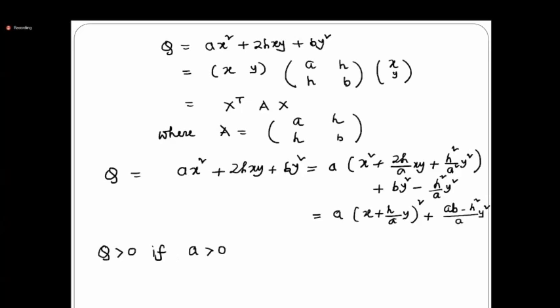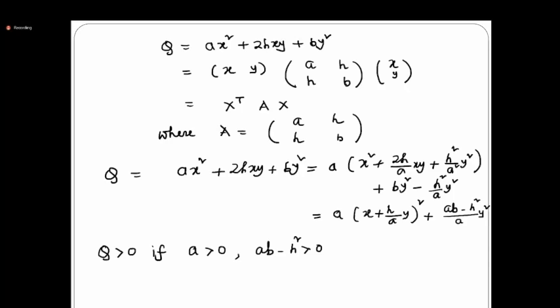Is it okay? And I also have to make sure that the second part is positive, because otherwise you cannot make sure that this is going to be positive. So the first one is positive for a greater than 0. Now the second term is also going to be positive because y square is always positive. So it will only depend on the numerator term. So a is greater than 0 and ab minus h square should also be greater than 0. Any questions, you can ask me. Is it okay to all of you?